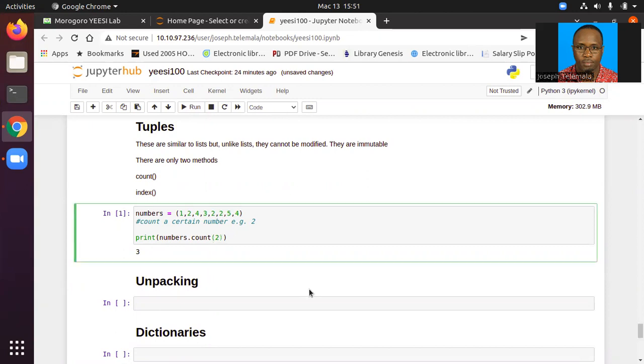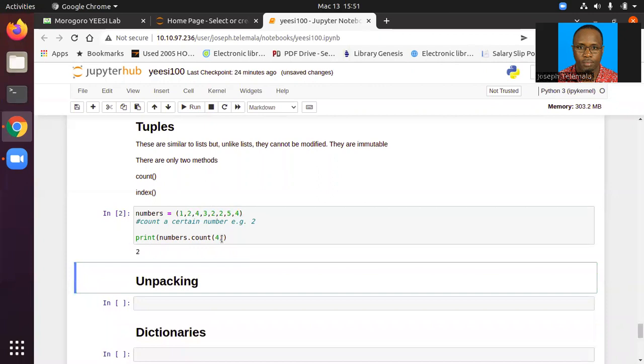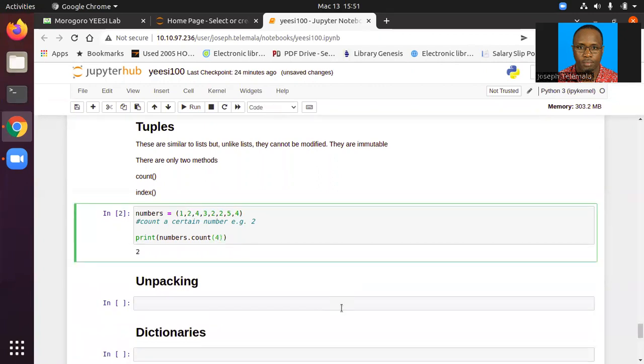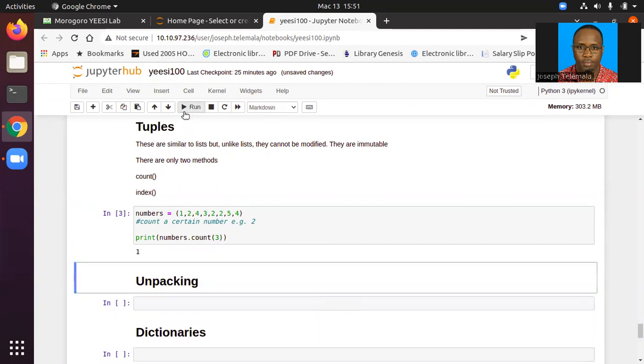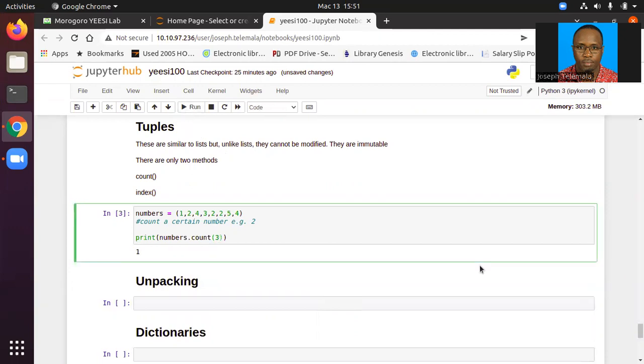You can also change it to something else. Let's say 4. How many 4s? I guess you can get 2. So if we run, we're expecting to get 2. And how many 3s are in there? I think it's 1, so you can get 1. You can play around and see how much you get. Okay, so that's the first method,